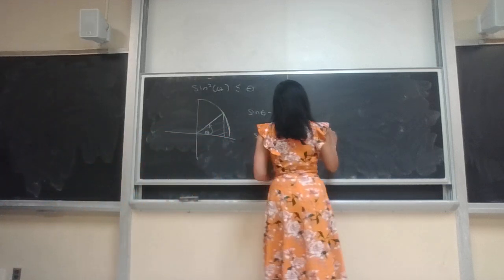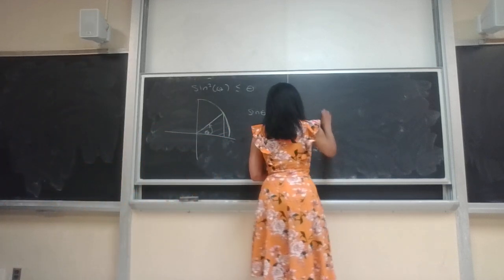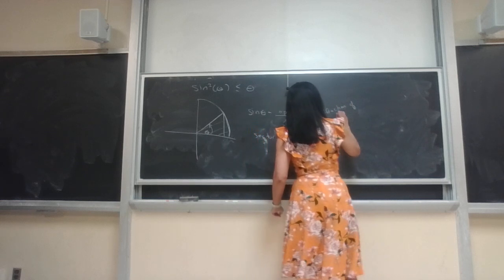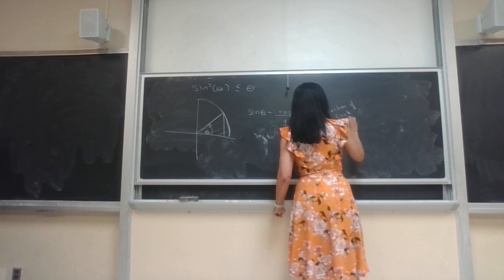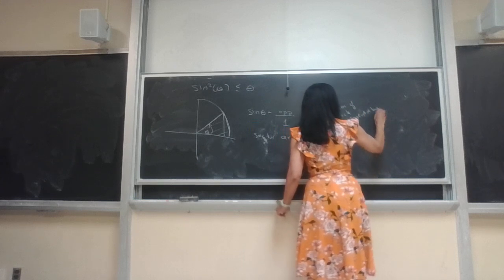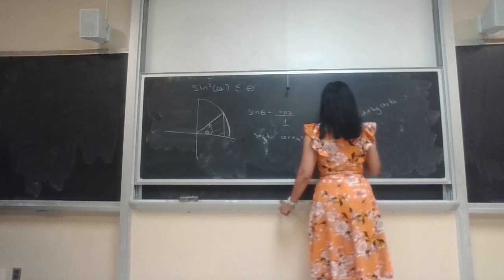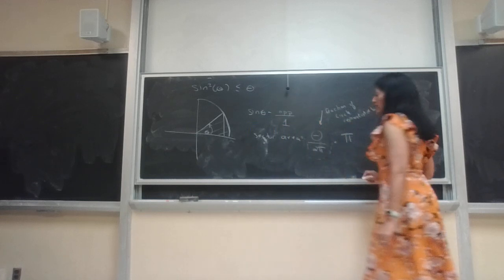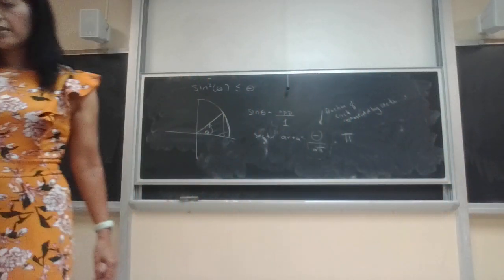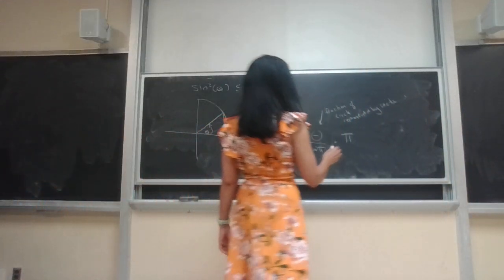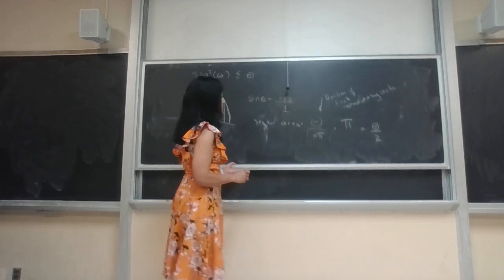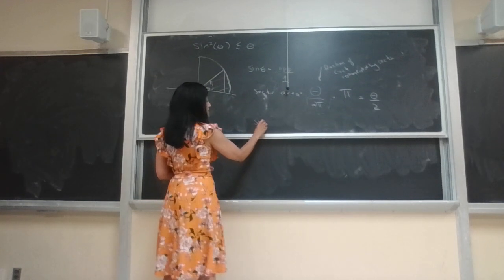This is the fraction of the circle represented by the wedge, what is called the sector, times the area of the whole circle, which is pi, and that's theta over 2. So now I have that sine theta,